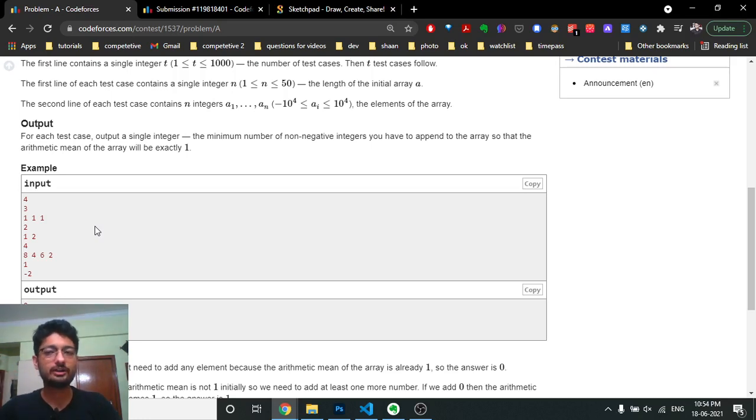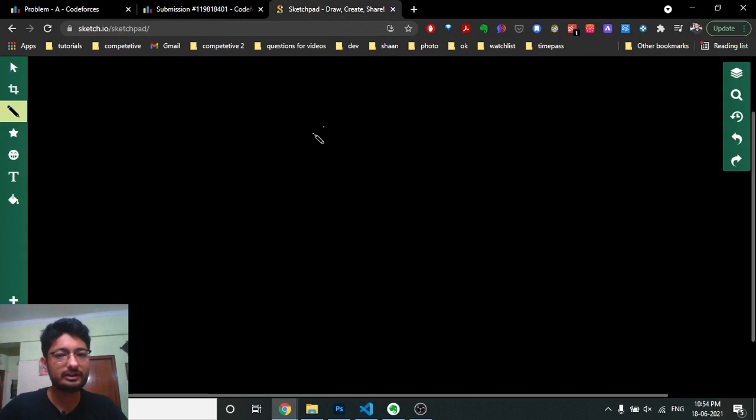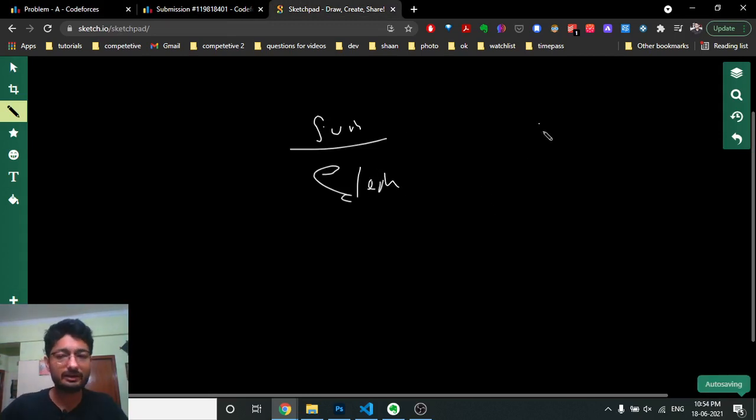If you add 0, the total number of elements will increase and the total sum will not decrease. Let's assume the total number of elements is 3 and the total sum is 500. If you add some number like 1, 2 or 3, you want the numerator, which is the total sum, and the denominator, which is the total number of elements, to become equal.